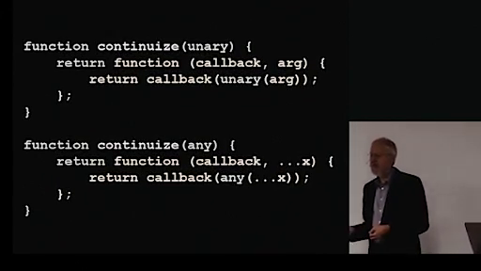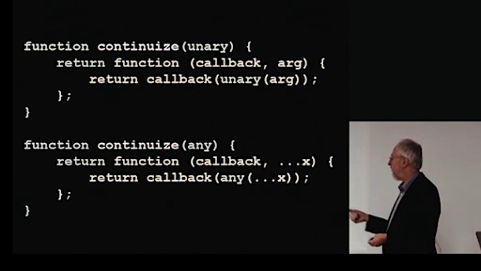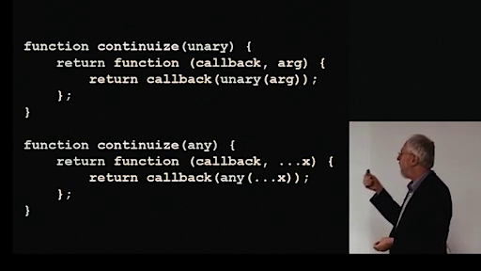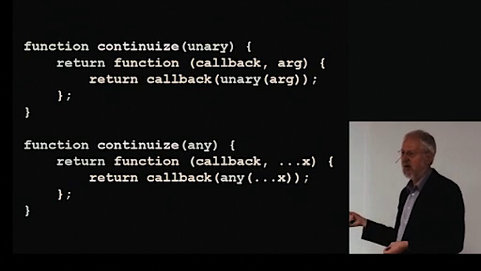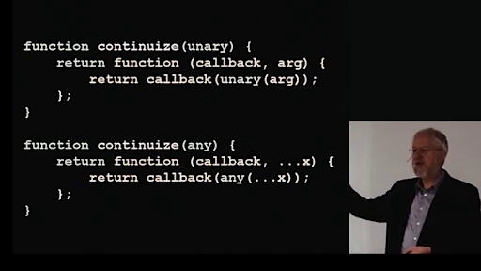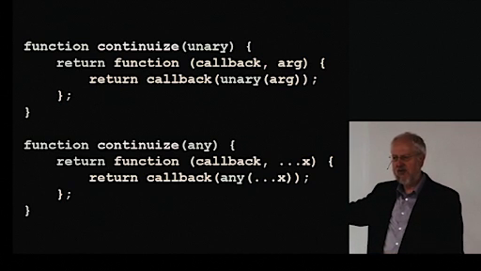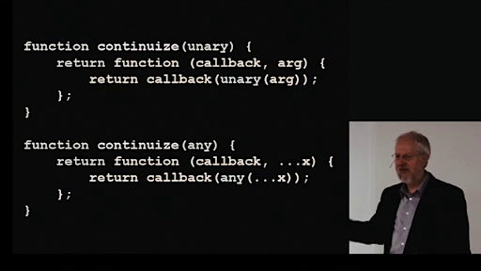Continuewise takes a unary function. It returns a function that takes a callback and an argument, and returns the result of calling the callback function with the result of the unary function and the argument. So who got something that works? Congratulations. You are now in the 90th percentile of JavaScript programmers. Not that the bar was ever very high, but